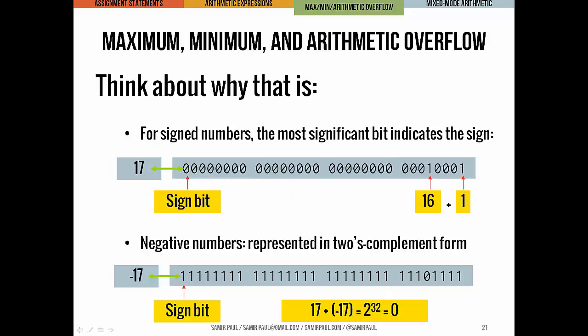And that's why what we do is make the largest bit in the whole number, the one that's all the way to the left, the one that we make represent sign. So if that bit is 0, we know we're working with a positive number. If that bit is 1, we know we're working with a negative number.